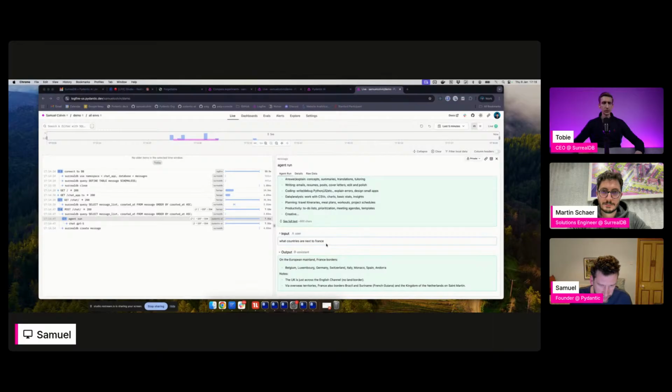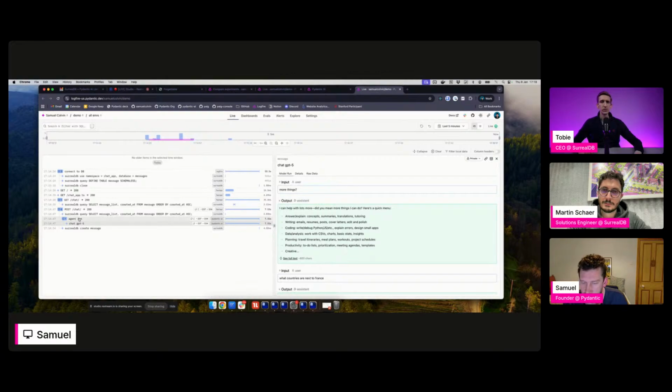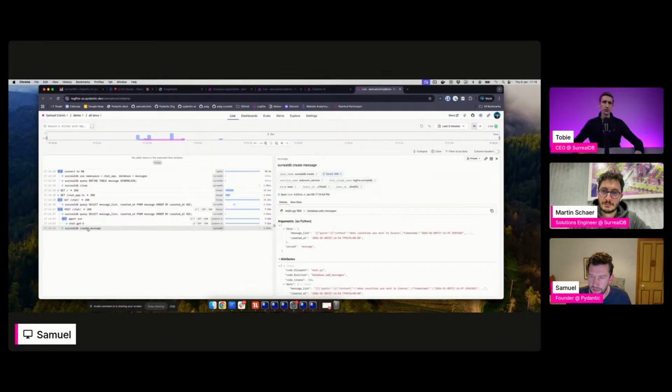Here was where I asked what countries are next to France. Then you can see there was an individual call to, in this case, GPT-5. Although we have the full exchange here, within this particular agent run, because it was only one step, there's just one call to ChatGPT. And then finally SurrealDB inserting the list of messages, which are here.